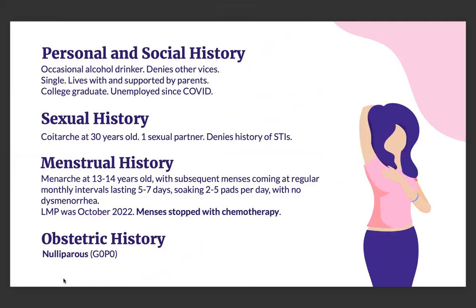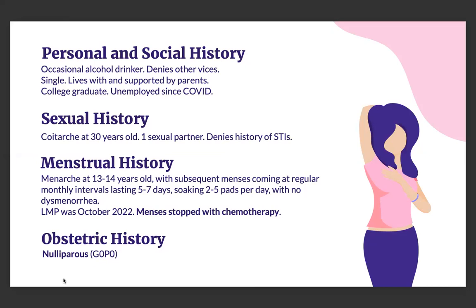Then for personal and social history, she's an occasional alcohol drinker without any other vices. She's single and lives with and is supported by her parents. She's a college graduate and has been unemployed since COVID. And for sexual history, she had her coitarche at 30 years old with one sexual partner with no history of